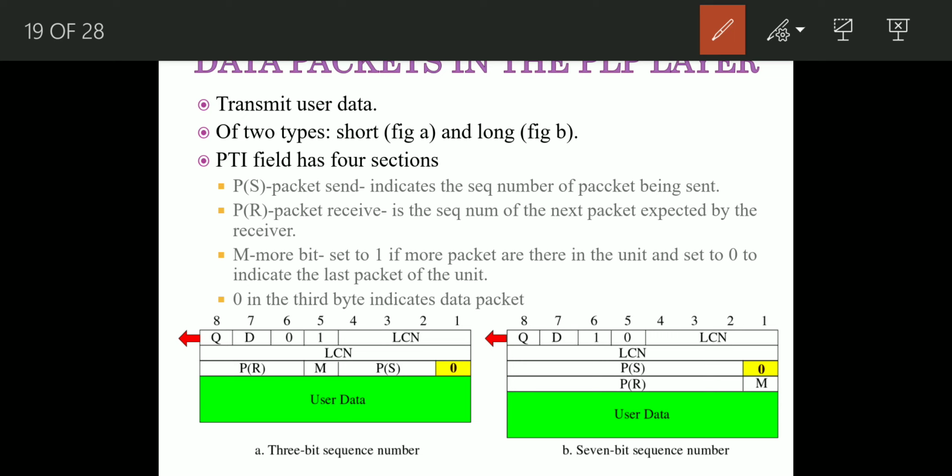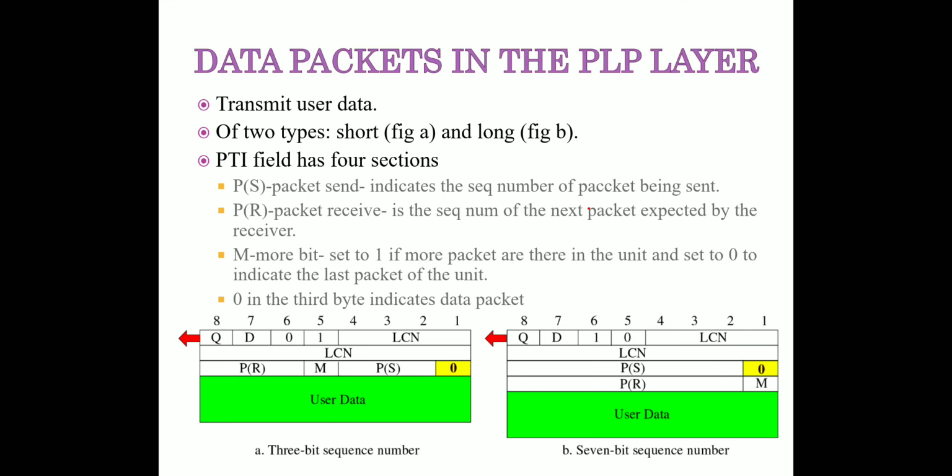Okay, another thing you have to see, there are 2 types of packets. One is a short packet, one is a long packet. The short packet has a 3 byte header. Why is it 3 byte? Because the sequence numbers are 3 bit long, and on the right hand side, figure B, is a long